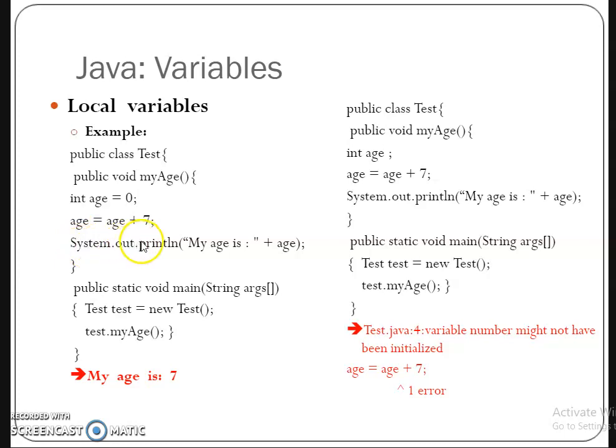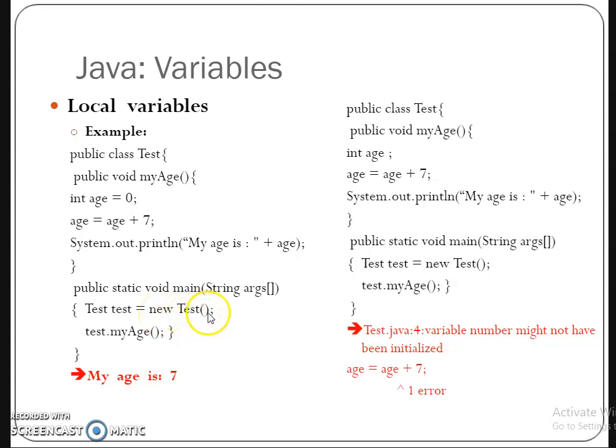By using System.out.println, the age variable is printed here, but the program execution starts from here. In Java, the program starts its execution from public static void main only. So the program first starts from here. This is the class name. This is the object created for that class Test by using the keyword new. This is the default constructor.